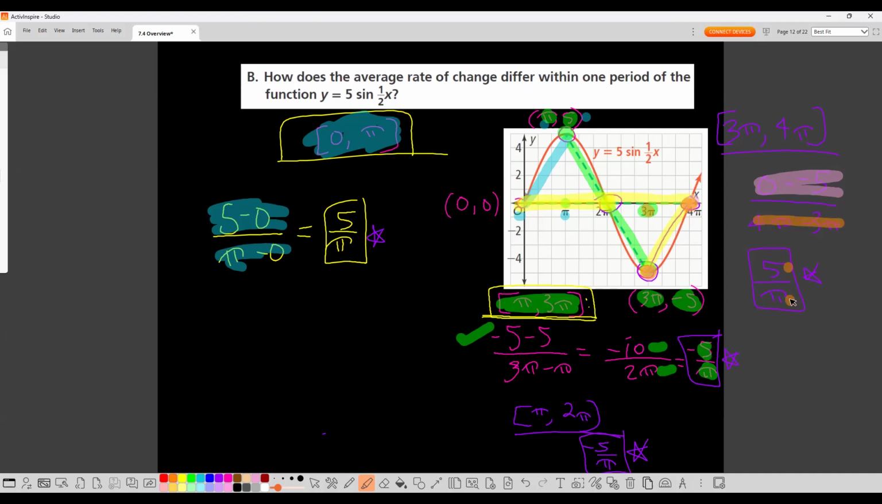So how does the average rate of change differ within one period? You just see the different ones. If you're on the horizontal, obviously they're all rate of change of 0, but you've got these 5 over pi's or -5 over pi's, depending on if your line is sloping in the positive direction or a negative direction. So because of the amplitude and those steepnesses of those high and low points and midpoints are going to be